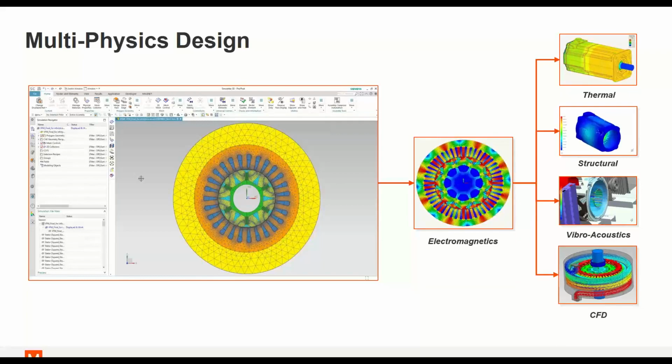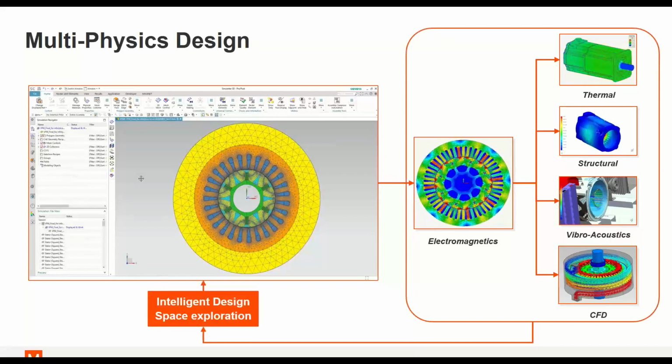So considering those designs is not just important, it's extremely important to have it also tied in with an intelligent design exploration. So you have to tie in all those physics. When you make a change in the design, you have to take into account the other physics, making sure that you're considering as many design variations early in the design stage before building your prototypes, to save on prototype cost and make sure you're building a competitive design.